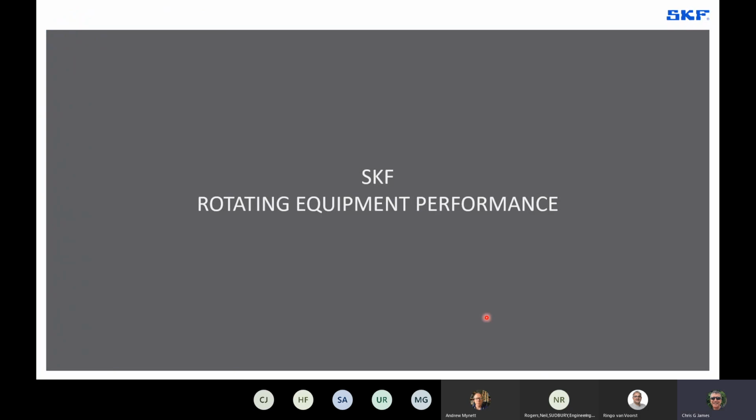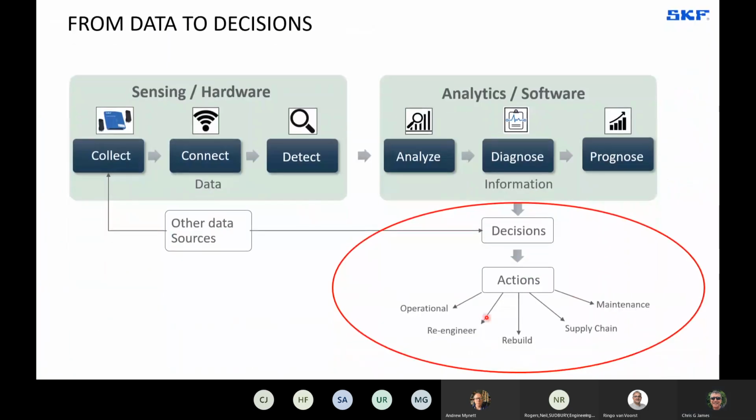The last part of that path actually has very little to do with the technology. It's more to do with people and organizations and processes. You can have the best data collection system and analysis and diagnostic system in the world, but if it's not turned into good decisions and good actions by people, then it's useless. And that's where